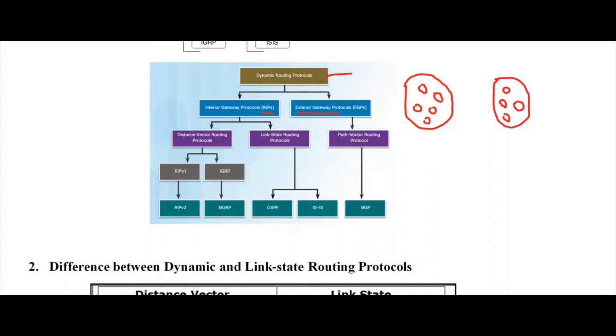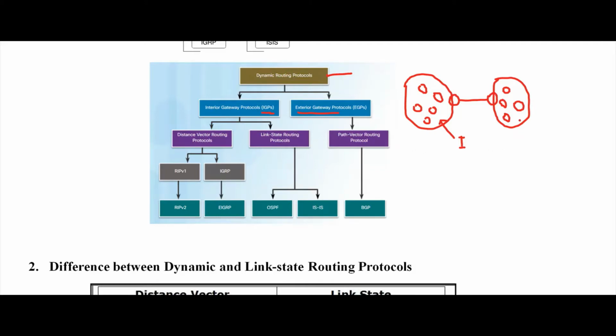Now, these two groups want to exchange some data and communicate. So I'm going to keep a router here and another router in this place, and connect these two routers so that all the routers inside can communicate with the others. Interior gateway protocols will be used within the groups.